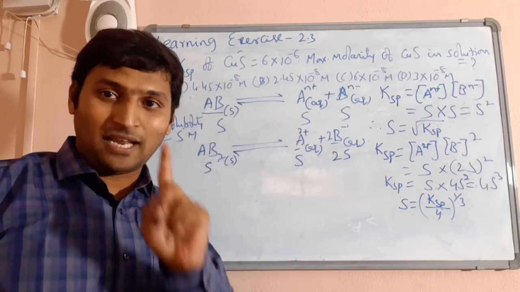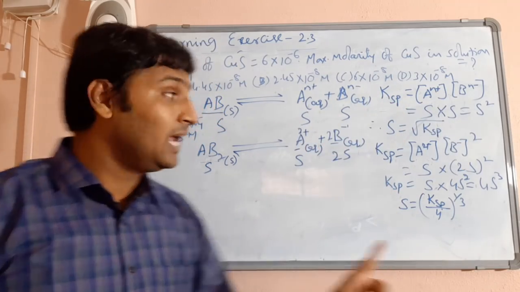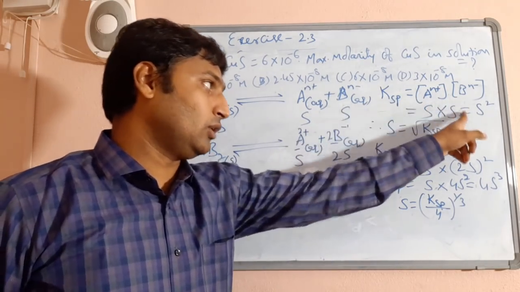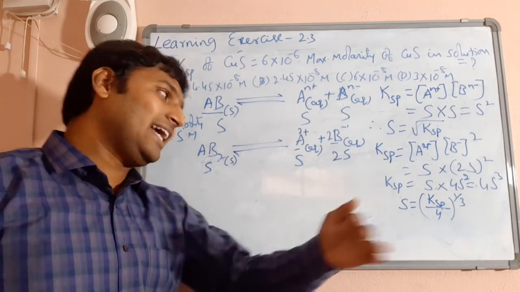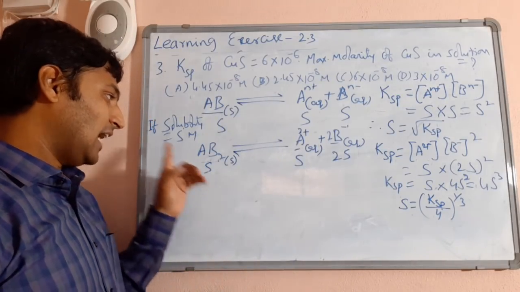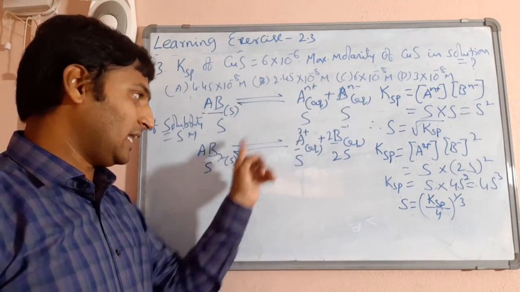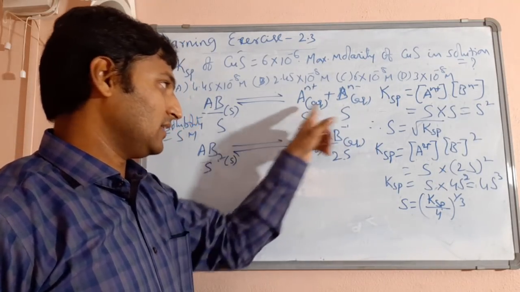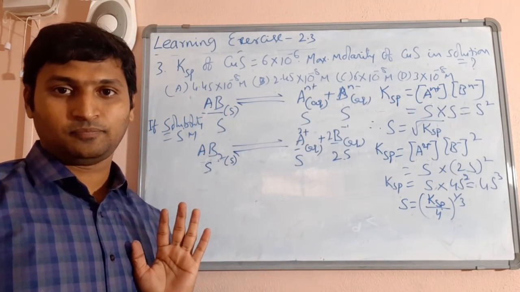And when solubility is given, solubility product is calculated for sparingly soluble salts. So please remember, the relation between solubility product and solubility of a sparingly soluble salt depends on the formula of the salt. If it is AB type, Ksp is equal to S square. If it is AB2 type, Ksp is equal to 4S cube. Likewise, if it is AB3 type, on the same grounds you can derive it. We are assuming solubility as S molar. So check how many moles each of cation and anion 1 mole of salt gives, and how many moles S moles would give. Then this will be the concentration of ions. Substitute the concentration of ions in the Ksp expression and get the relation.